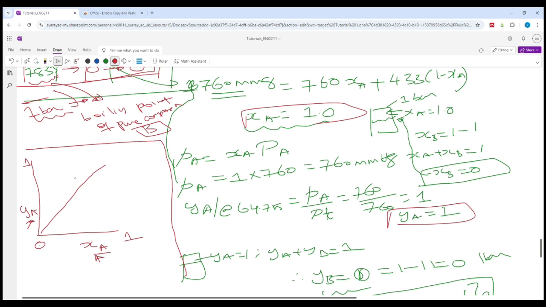And if one compound is more volatile than the other, and if the more volatile compound is A, then you may expect some graph like that. So this is something you have to check for me, and if I ask you to plot an XY diagram, you have to plot it in the exam